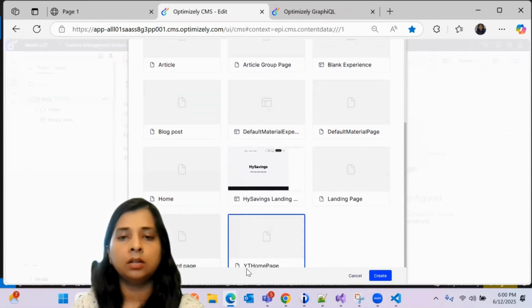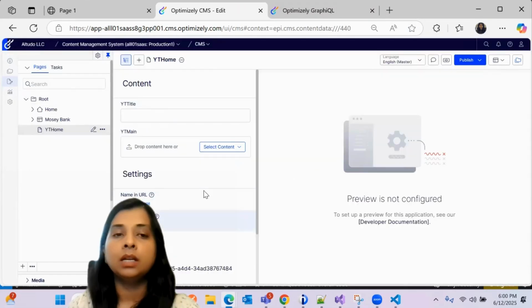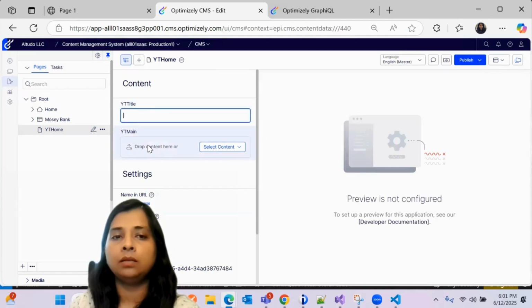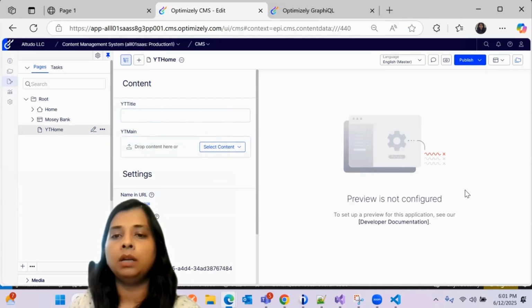So it's here, we have YT homepage, select it, then create. As you can see, you are able to see the fields here, YT title, YT main, where you can add other blocks. But inside of the preview, you are not able to see anything,